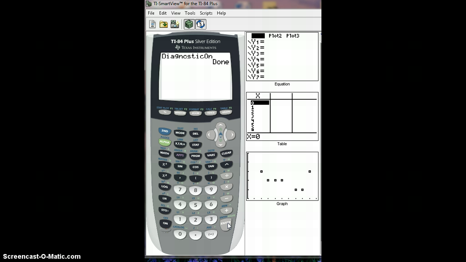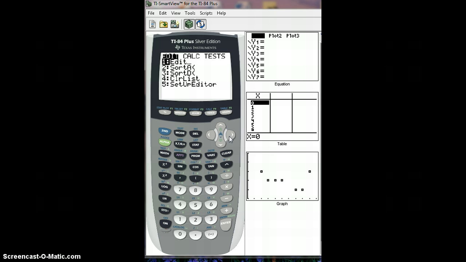Okay, what does that do? Well, the calculator is going to give you an equation, but it can't always tell you if that's a good equation that matches the data or a bad equation, unless you turn on this diagnostic tool. So I'll show you what that means in just a moment, but let's ask it first to create an equation for the data. So first you're going to go into stat,